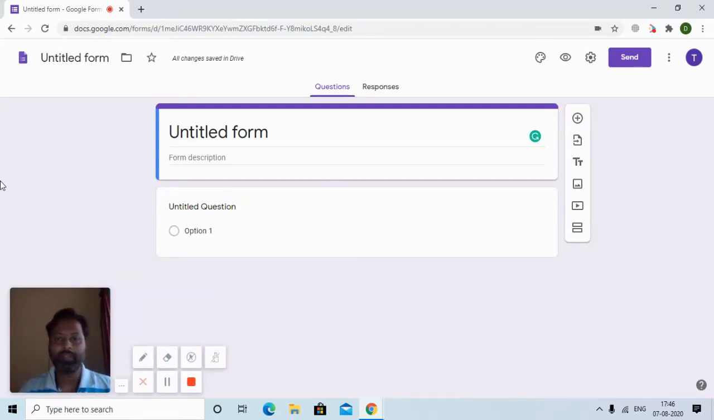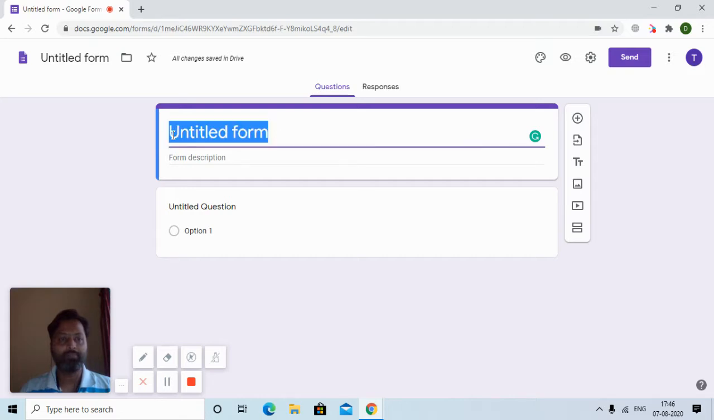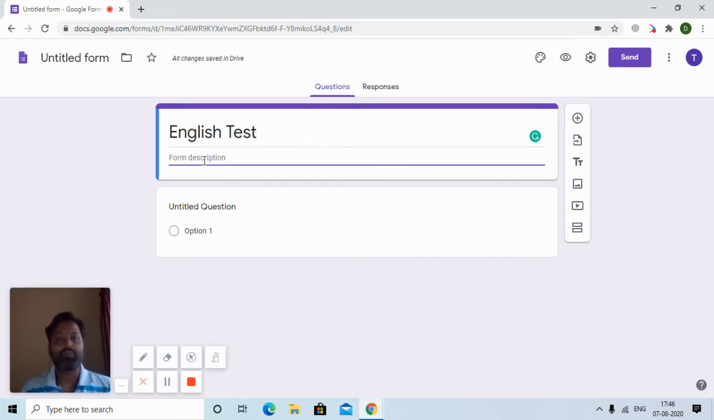Hi friends, today we shall see how to use the Google form to create assessments. I believe that you already know how to open an untitled form, and once you have opened the untitled form, what you can do is you can name it the way you want it, the test that you want to give. Maybe here in this case, English test, post which you have this form description,